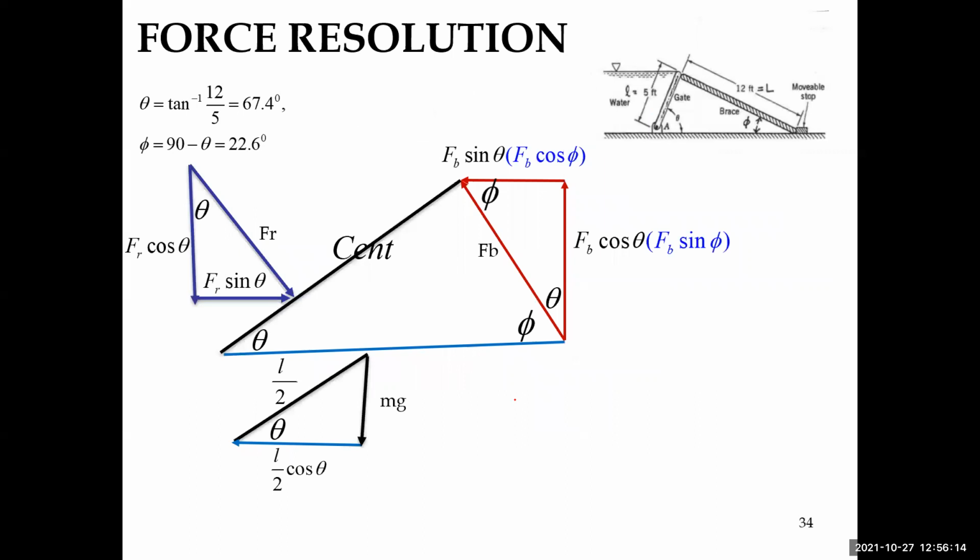So if we look at our force triangle, our force resolution, we have broken F sub R up into x components and y components. We've broken the brace force up into x components and y components. Of course, we can always express F sub B, the force of the brace, in terms of theta or psi,